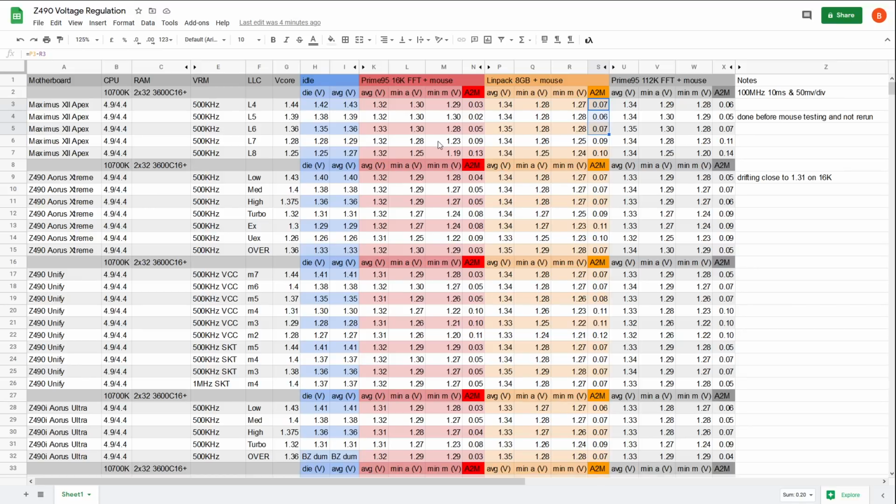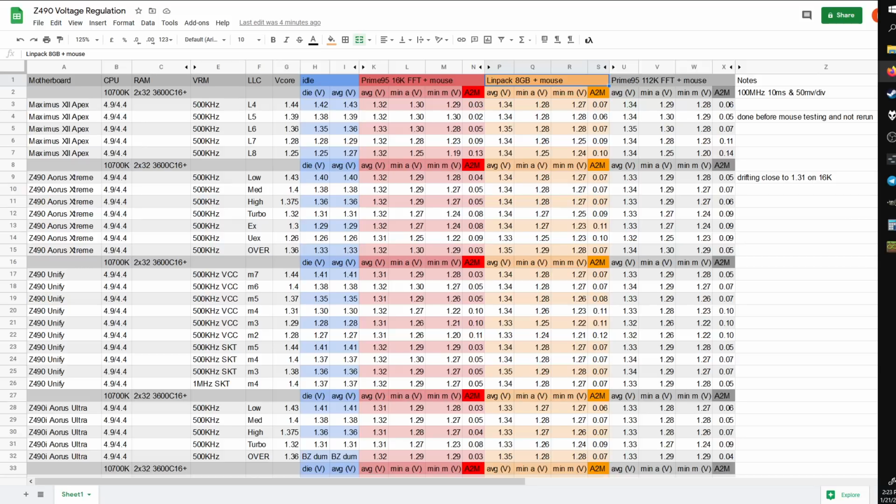It's kind of funny how some boards do better on 16K. You'll notice as we go through that some boards do better on 16K than they do on LinPack, and sometimes it switches around. Anyway,